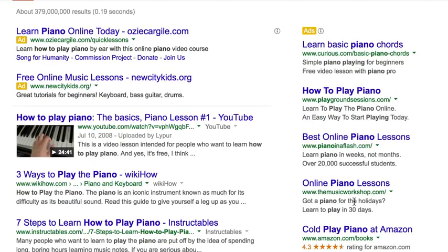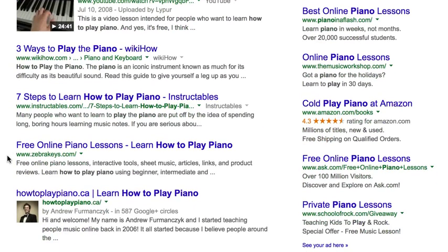You don't want to look at this, right? What you want to look at is, and don't even look at this one, right? Anywhere it says ads right here, okay? I don't want to pay attention to that. It starts here, okay? This is organic search. Now, when somebody searches how to play piano, okay, they will see these results, okay? Now, this is a YouTube video,